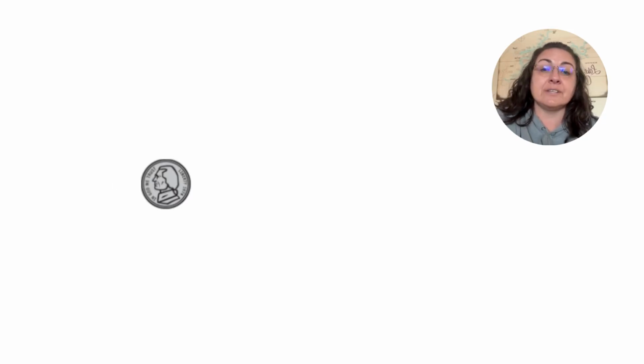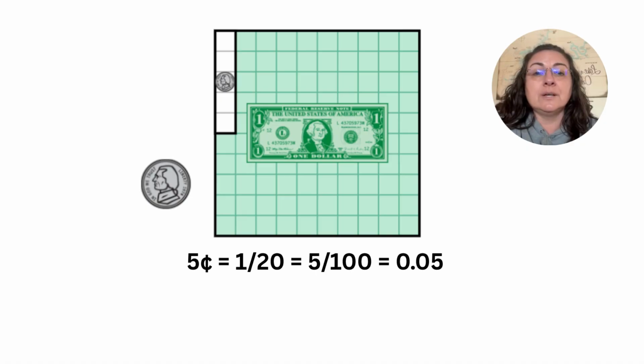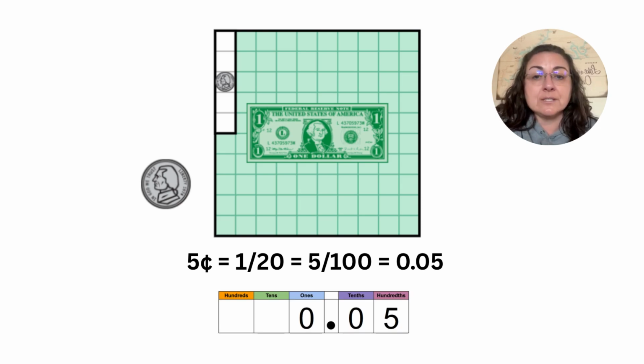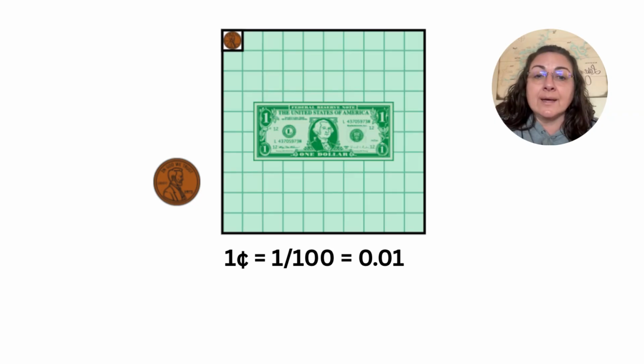A nickel is half as much as a dime, so it takes 20 nickels to make $1 and is written as 1/20 or 5 out of 100 pennies and 0.05 as a decimal. We say this decimal is 5 hundredths because the single 5 sits in the hundredths place value. Our final coin is a penny, and it takes 100 pennies to make $1 and is written as 1